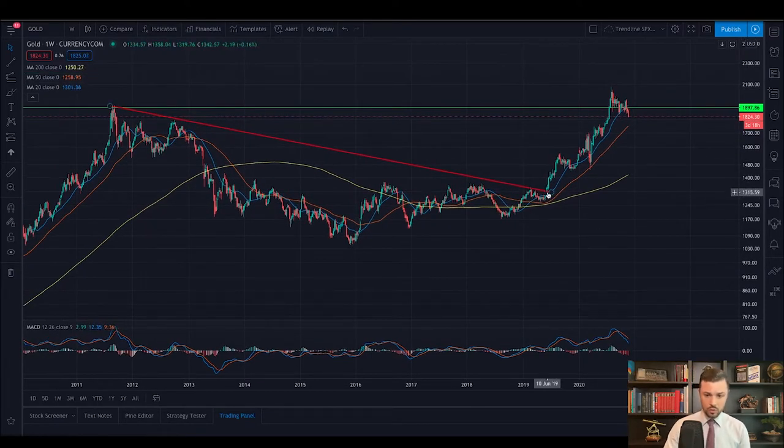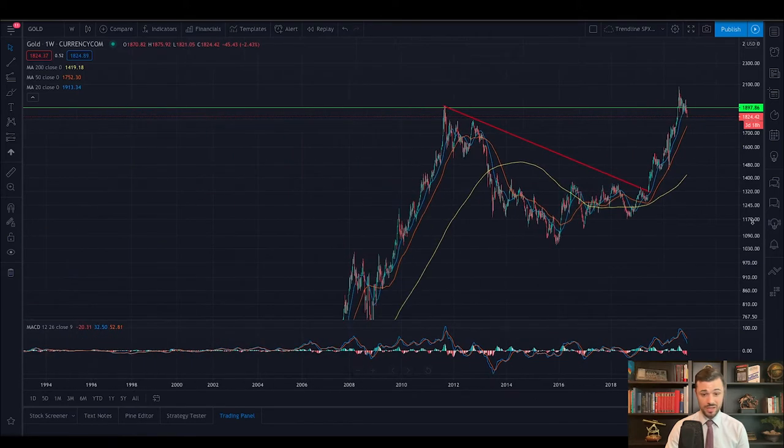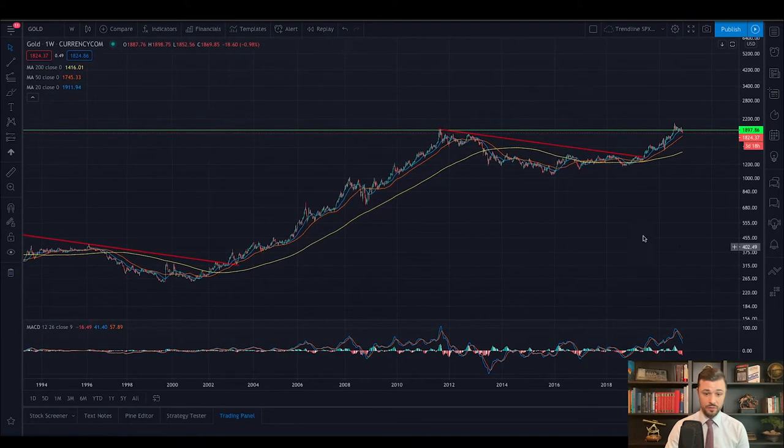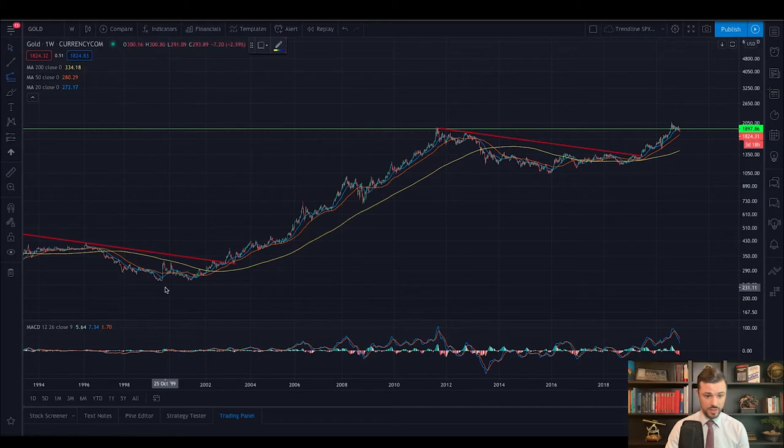So let's go back to this chart. Here we were bullish at 1300, and the target was actually here. I'm going to show you why, guys, as I always do. Fib extension. If you use a Fib extension of this move